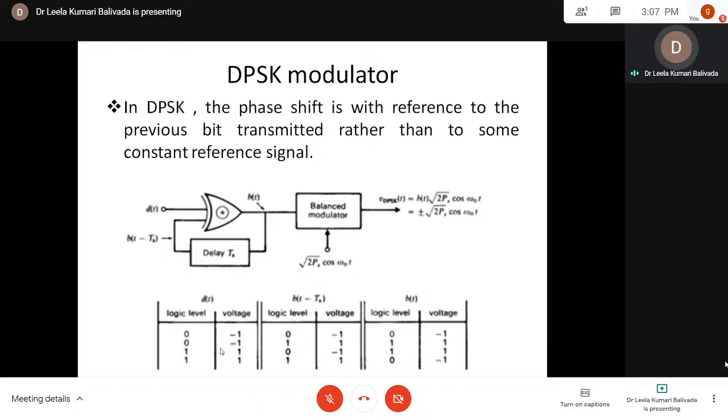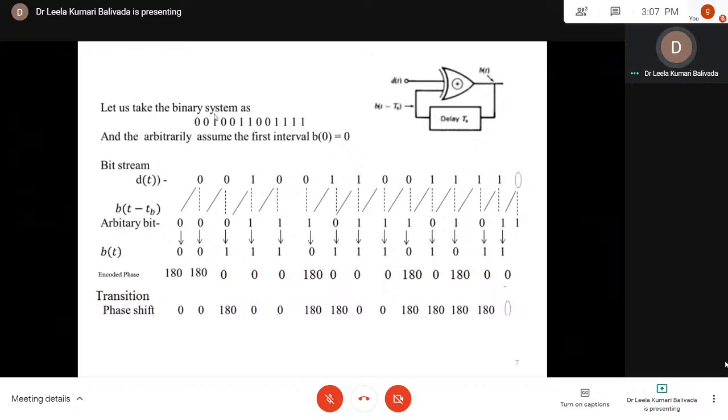So here this figure shows the logic levels and their corresponding voltage levels. Okay. Now let us consider a binary bit string, 001001100111. We want to transmit this information. So first, this 0 has to be given as input to this exclusive OR gate,